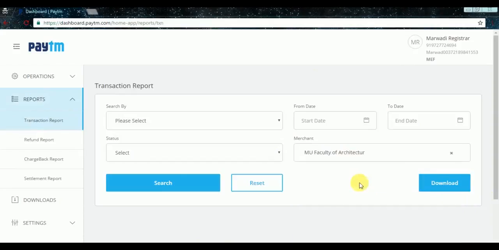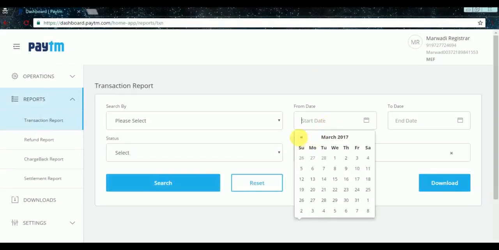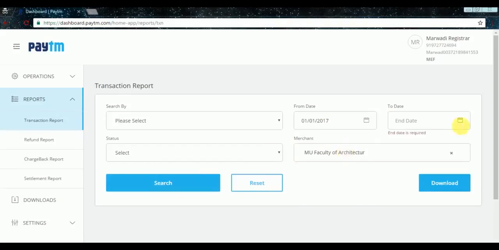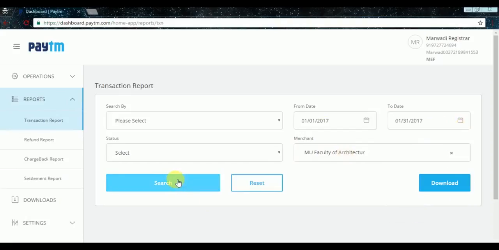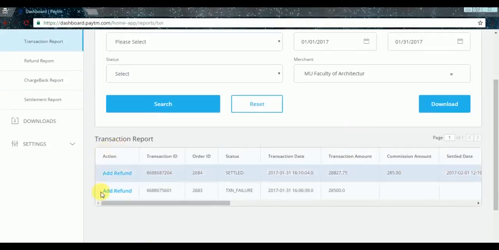I have selected a sub-account. I am checking the data for the month of January. So this is a snapshot of the transaction report for the sub-account.